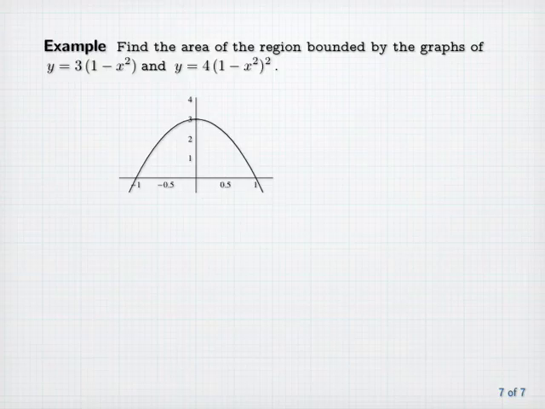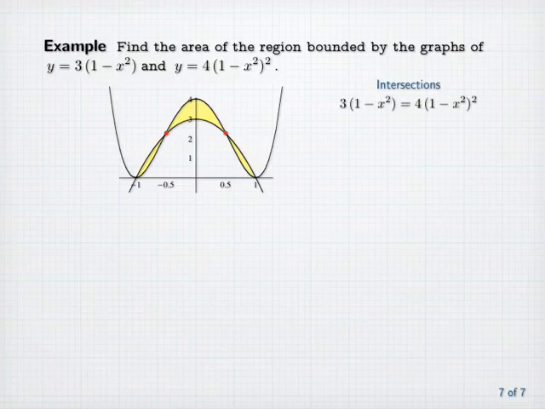In the other equation, y is equal to a fourth degree polynomial in x with zeros at plus and minus 1 and a value of 4 at x equals 0. It turns out that the graph looks like this, and so the region bounded by the two graphs looks like so. Now notice that there are 4 points of intersection, 2 of which are obviously located at plus and minus 1. The other 2 are indicated here, and to find those, let's set our two functions equal to each other